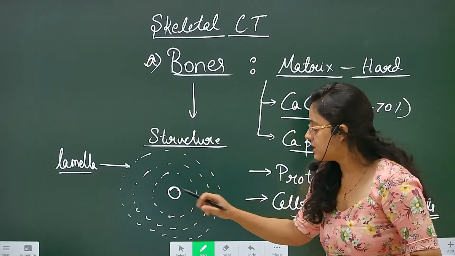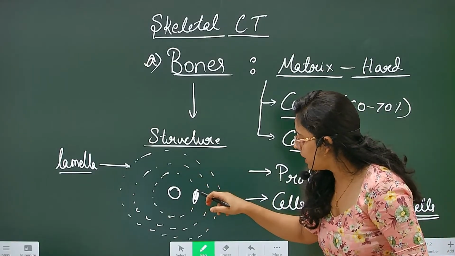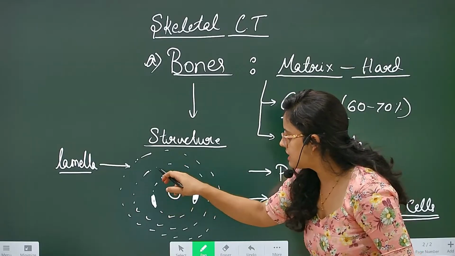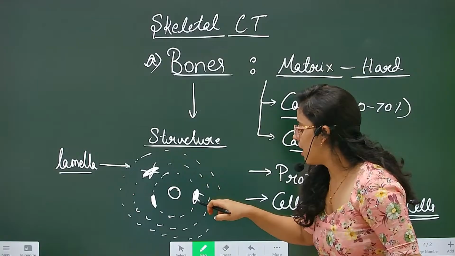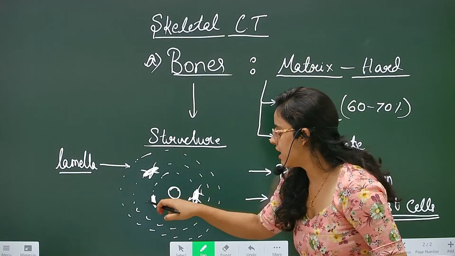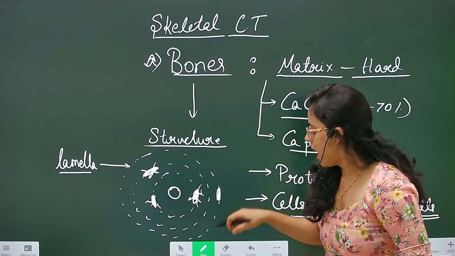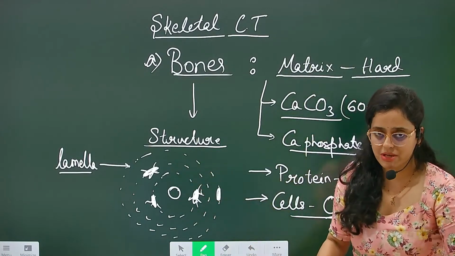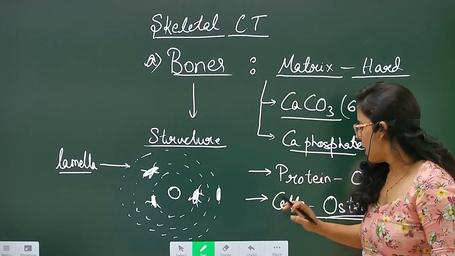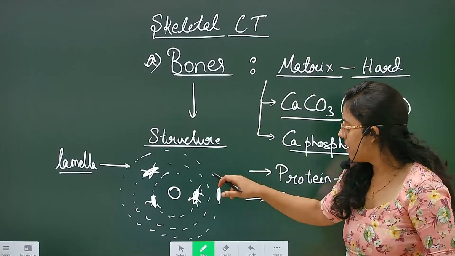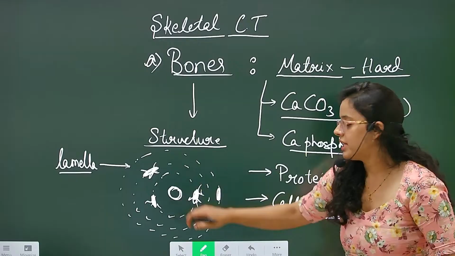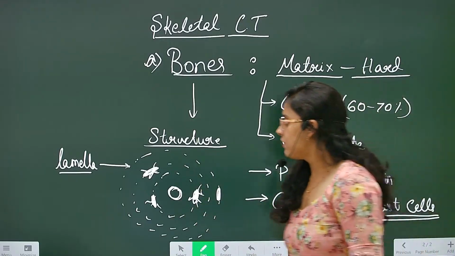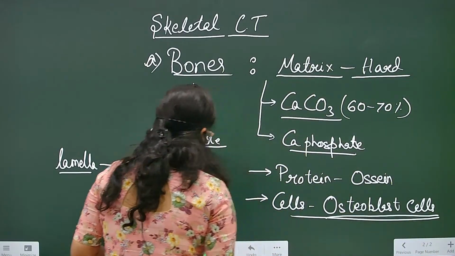So these are Haversian canals, and in between this matrix the cells are present. These cells are osteoblast cells, and this matrix consists of calcium carbonate, as I have told you earlier also, and the protein ossein, and many other minerals are present in this bone. So this particular structure is the Haversian canal. If you see the lateral structure of the bone,